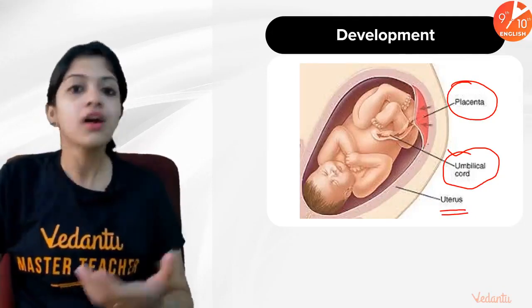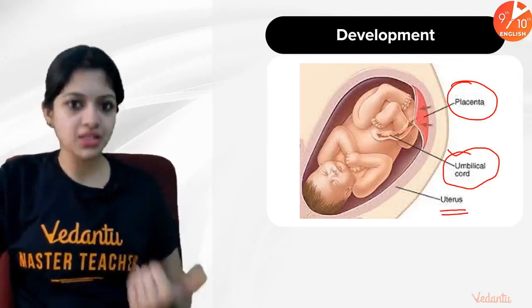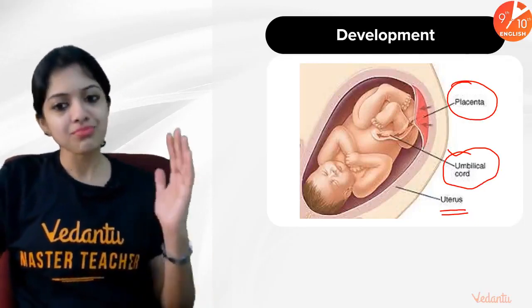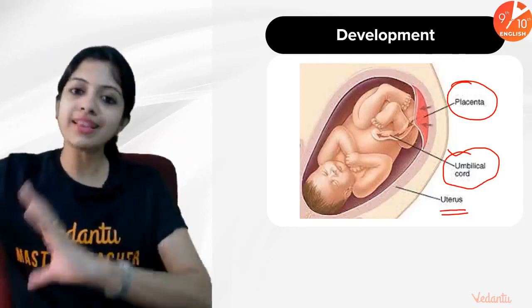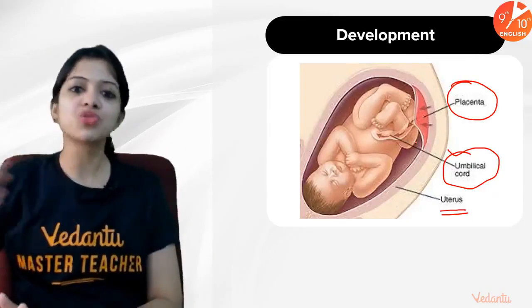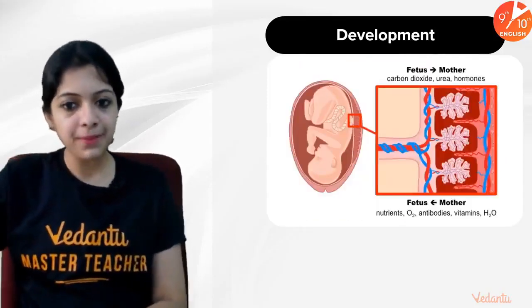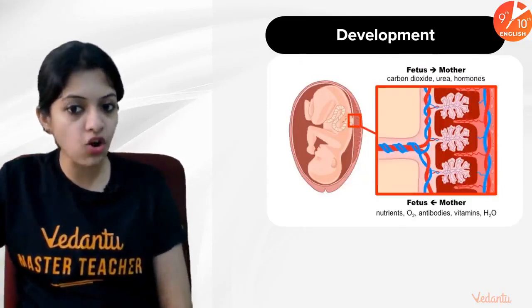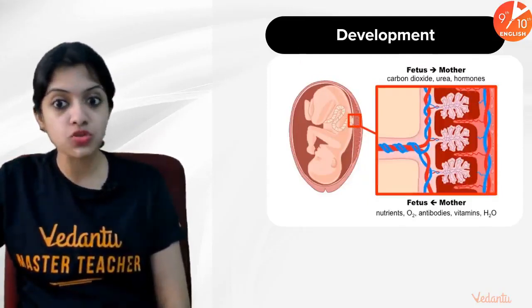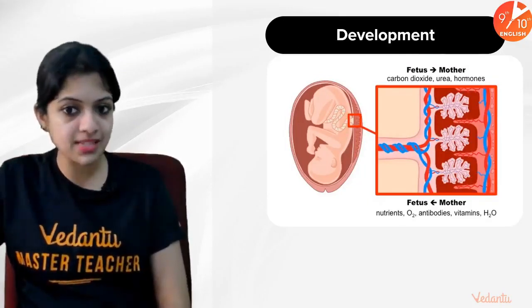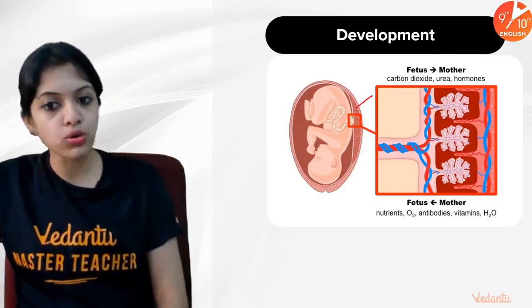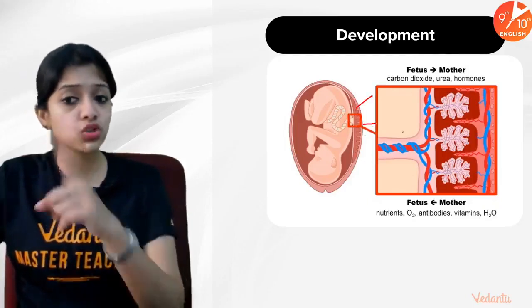It is through the placenta that the baby is able to receive its share of oxygen, nutrients, and everything from the mother's body, from the bloodstream, and in return, the baby sends away all that it does not require into the mother's blood. Let me show you that in more detail here. You can see the umbilical cord connecting the baby to the placenta. This is the placenta, but this portion is what is zoomed in here and shown beautifully.